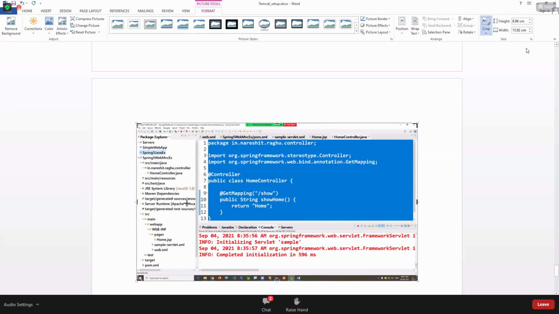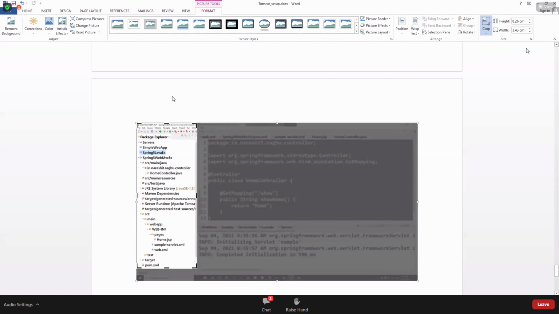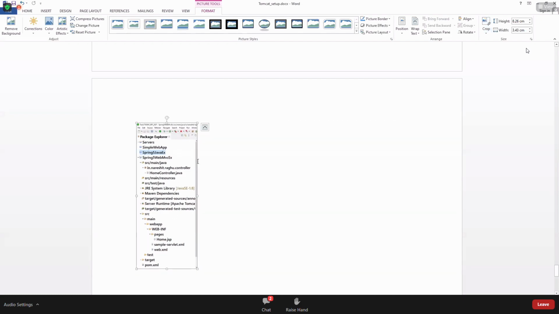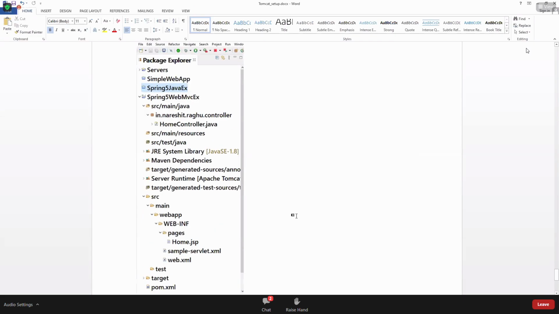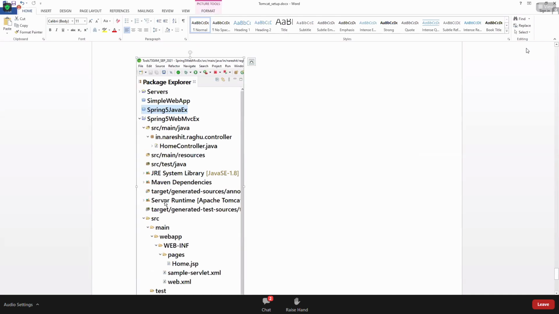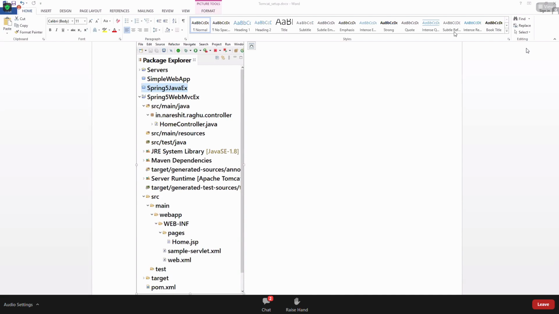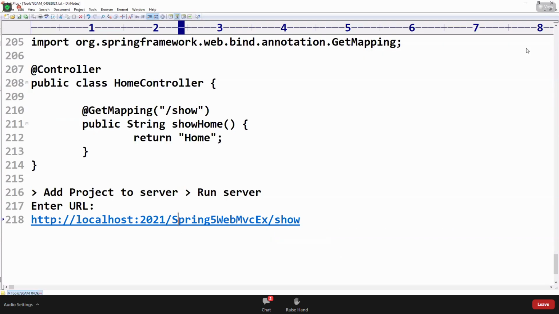I'm taking class tomorrow also. Tomorrow I'll be taking GitHub. Of course, the Spring Boot web application is also there, and I'll show that too. That is very simple; this much configuration will not be there. So this is the code I gave, the steps I gave, practice the same.